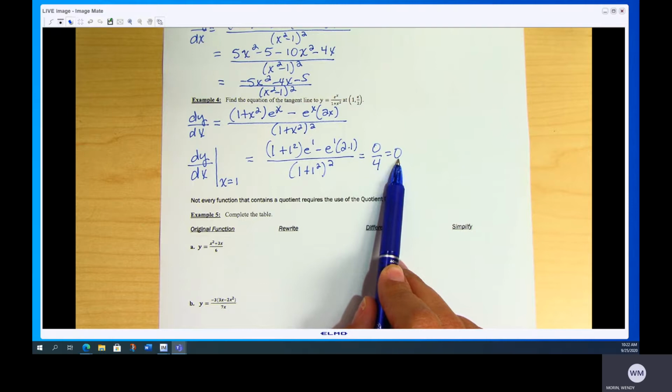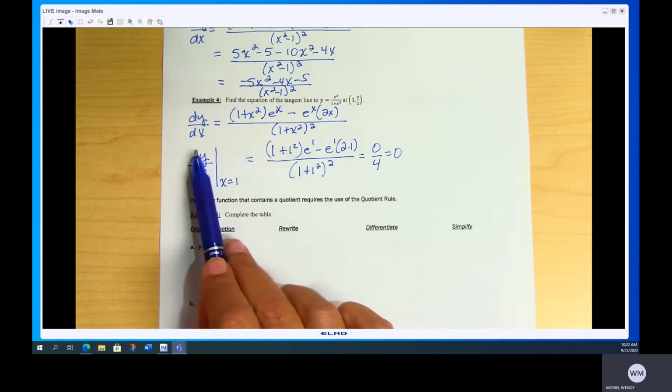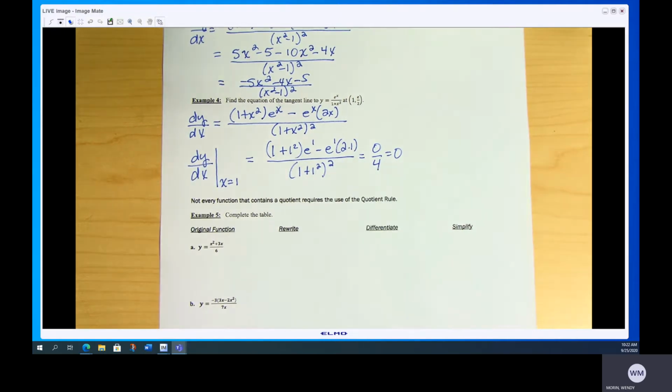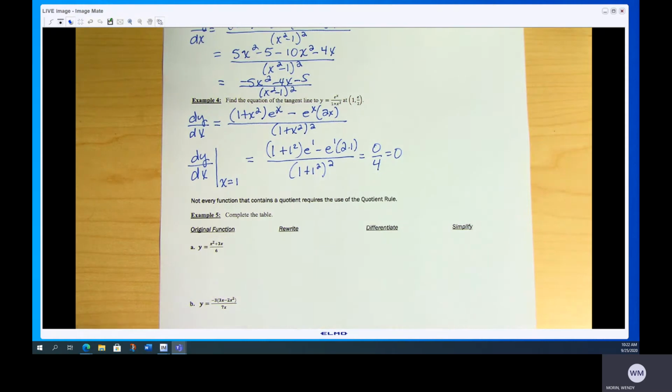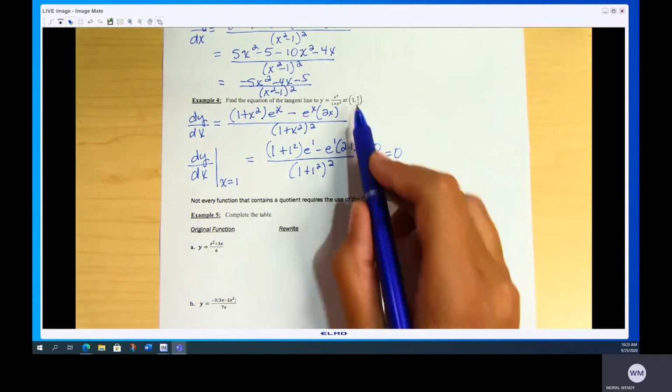And the answer is a horizontal tangent line. So if I say find a horizontal tangent line, you set your first derivative equal to 0. If I say the first derivative is equal to 0, you need to know that that's where the graph will have a horizontal tangent line. So if the graph has a horizontal tangent line, at this point, we have a point and we have a